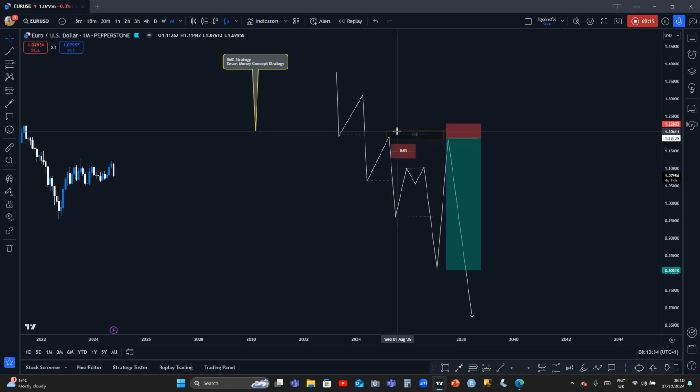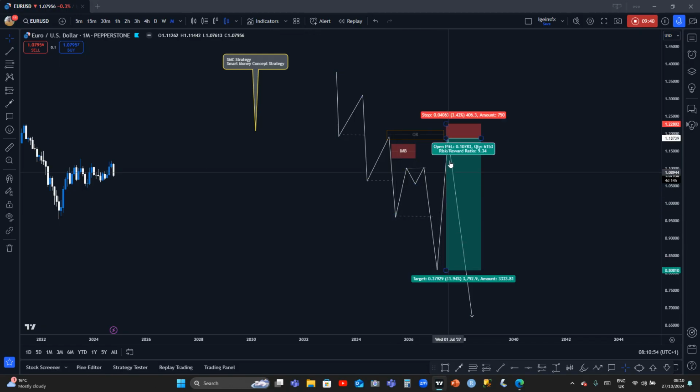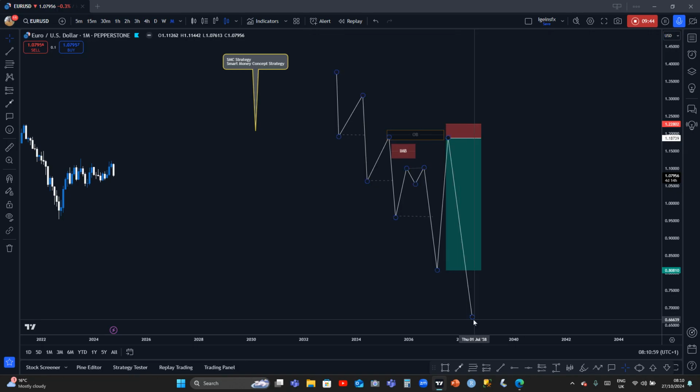financial bodies like banks, market makers, this is where they put their orders. Once they put their orders here, they will never want price to push and take them out. So once they push the price down, break the structure, as the price is coming to take them out, they will push the price down again. All right. As the price is coming up,